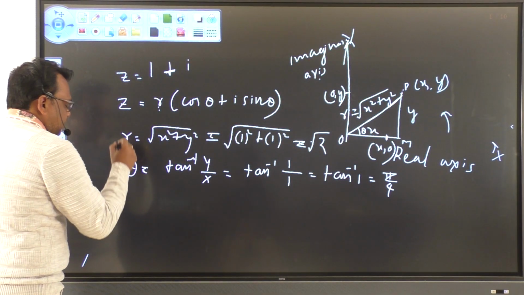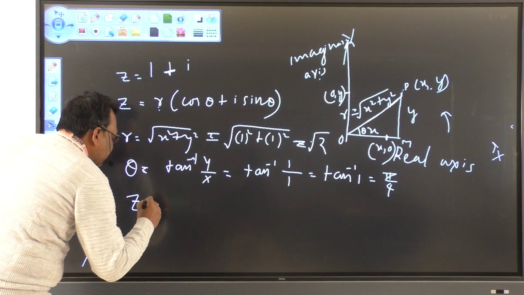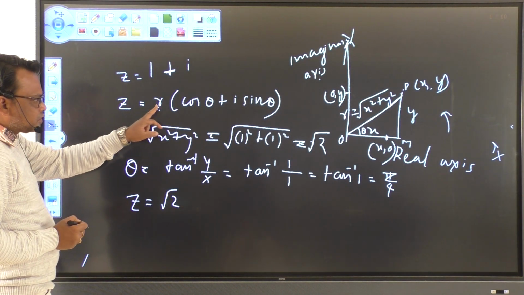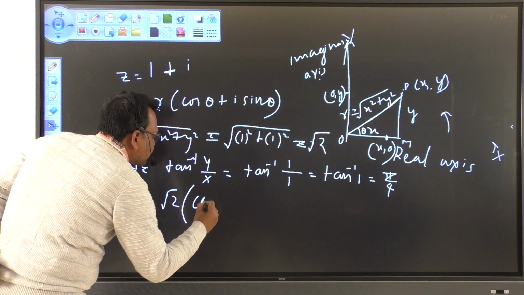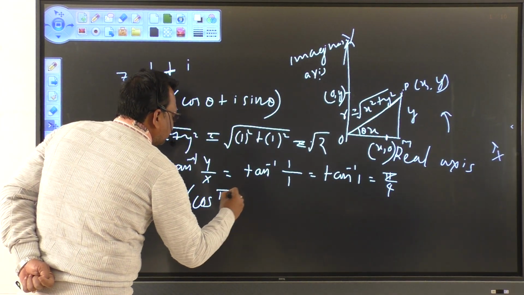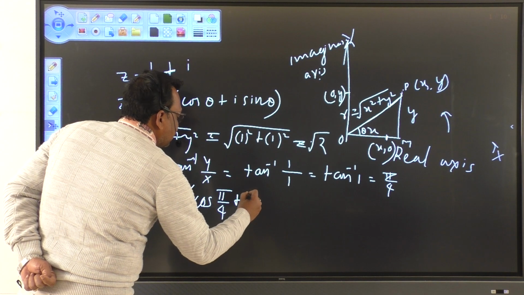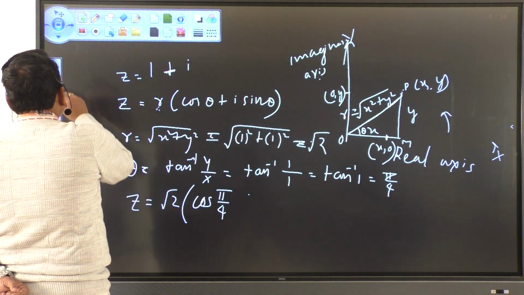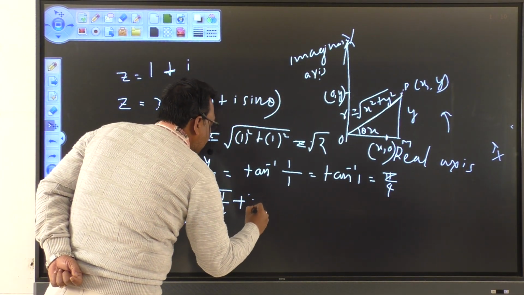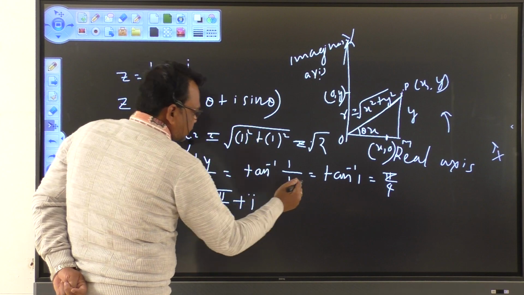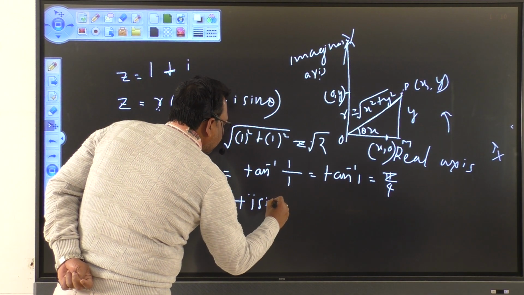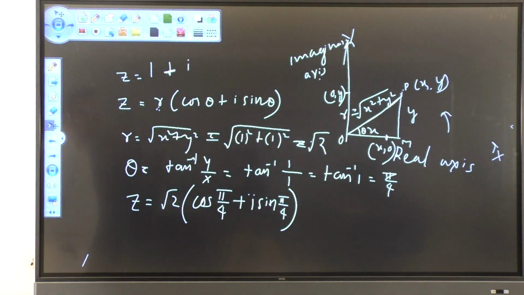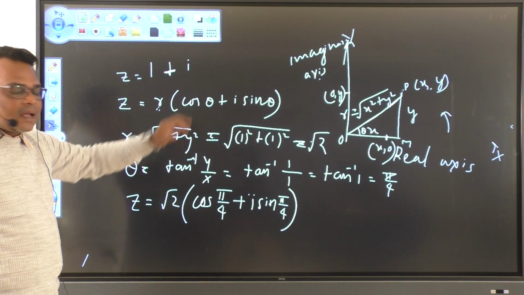Right? So now the polar form of z, or 1 plus i, is: we will write root 2 in place of r whole into cos, the value of theta is equal to pi by 4, plus i into sine, the value of theta is also equal to pi by 4. So this is the polar form or trigonometric form of the complex number 1 plus i. Similarly,